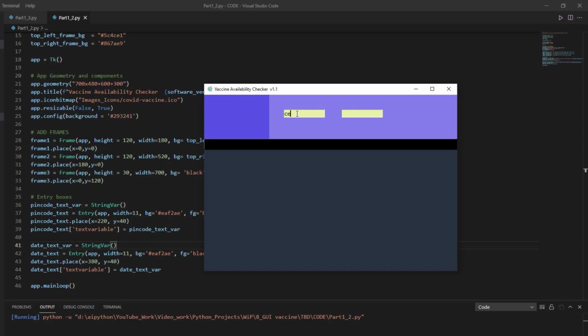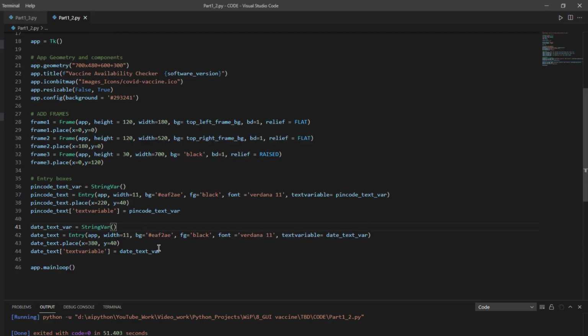So when we make some entry, let's say a valid pin code would be something like any, and for the date, I can directly write the date in different formats, or I can use the checkbox to directly pick today's date. So that we will do later in this video series. Now we'll move ahead to create one.